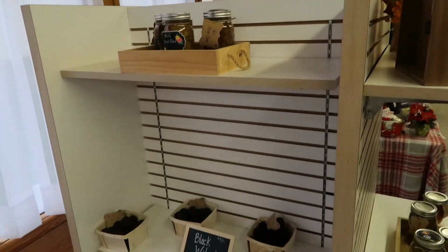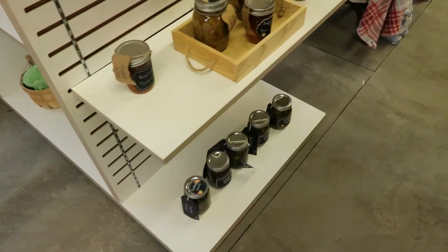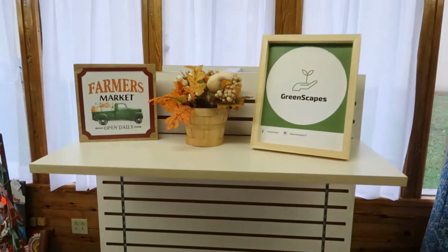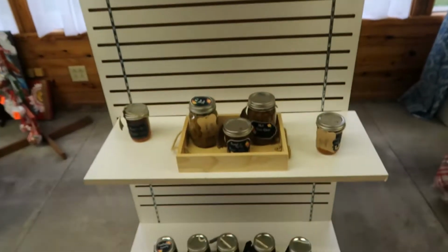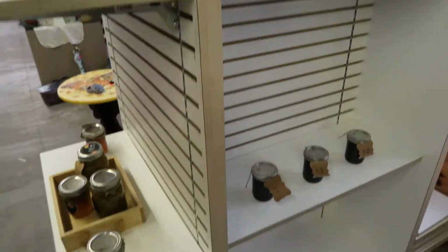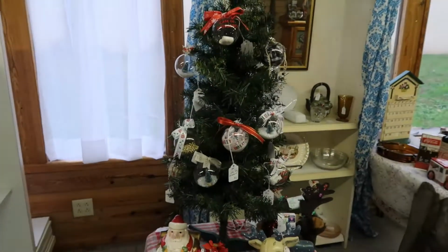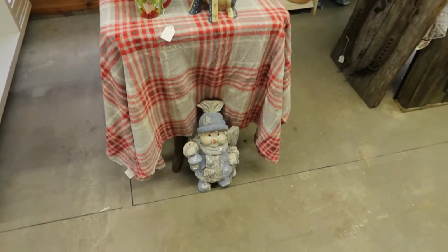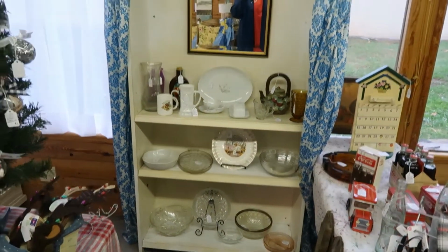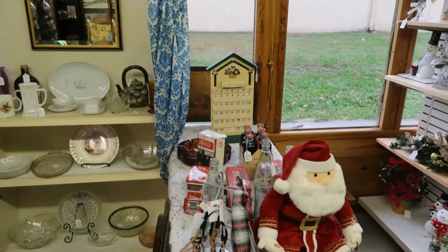this person makes like hot chow chow. She got some black walnuts. She makes like zucchini bread and spiced bread, and she's got her own little business too. But she's got to get some more things going. Okay, and then here's one of the little booths. Hey. And look at